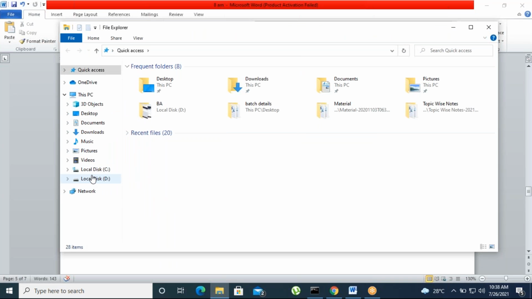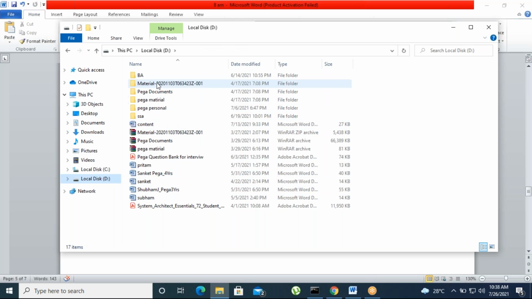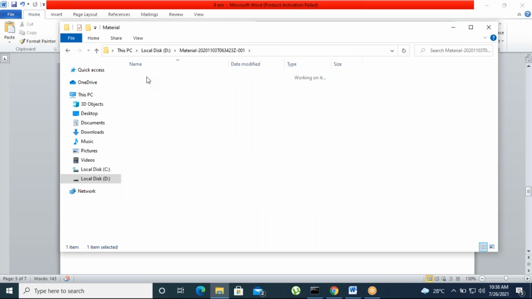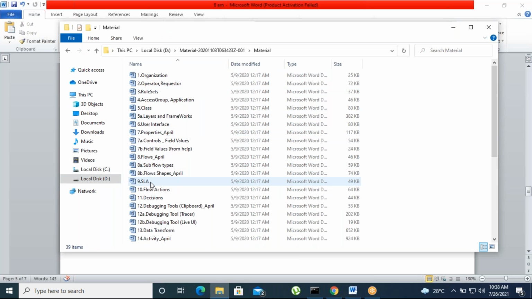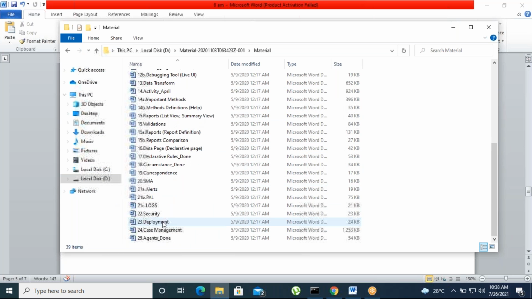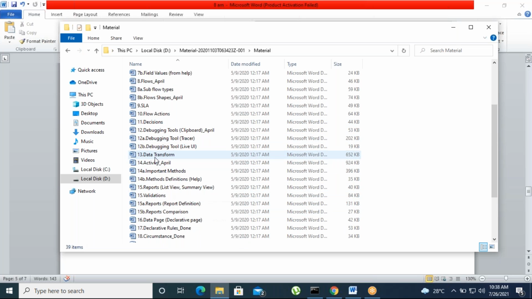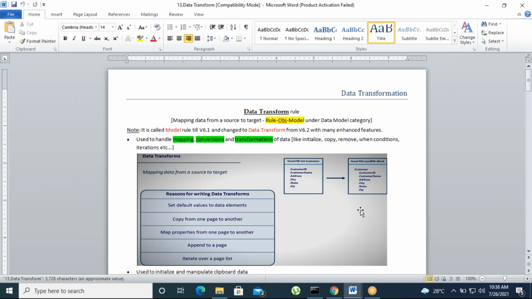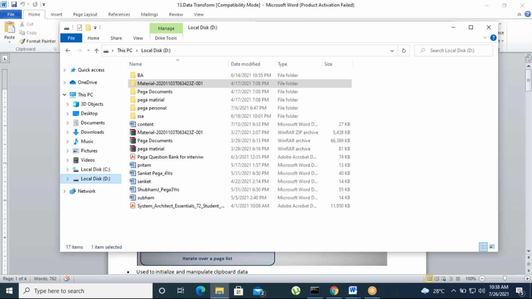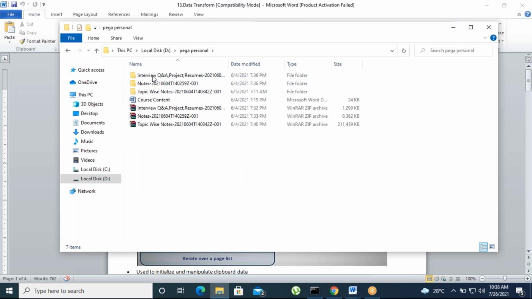So what is a data transform? What is the purpose of data transforms? Okay. So let's discuss the different ways: predefined data transforms and user defined data transforms. We have two types of data transforms. The predefined, out of the box data transforms are there, and we can also create data transforms manually. First we'll go and discuss the predefined data transforms.